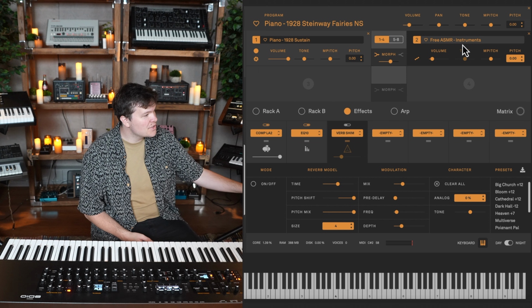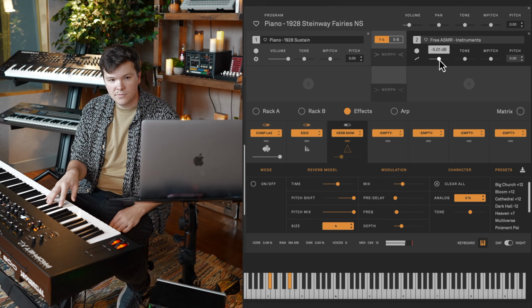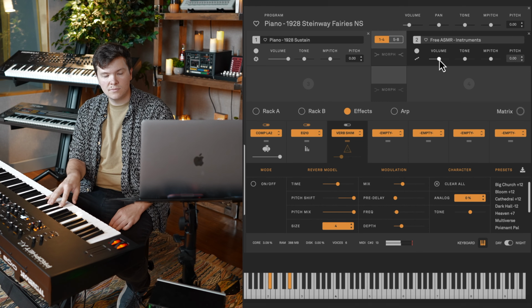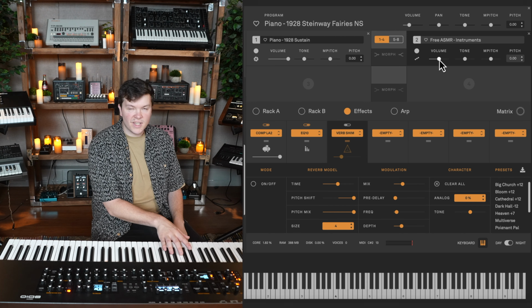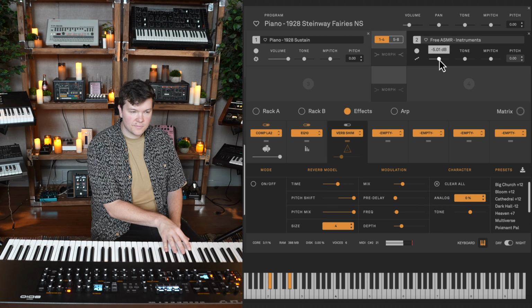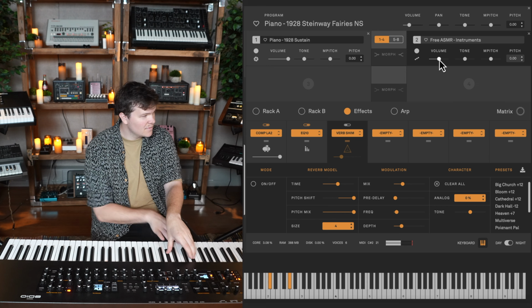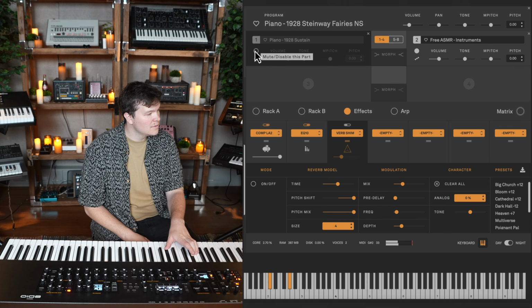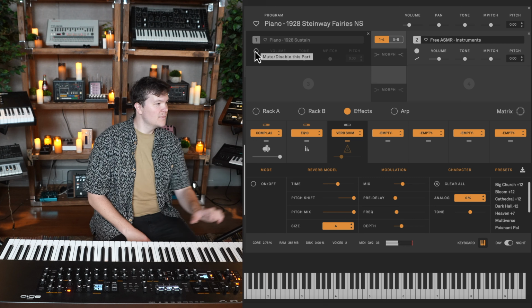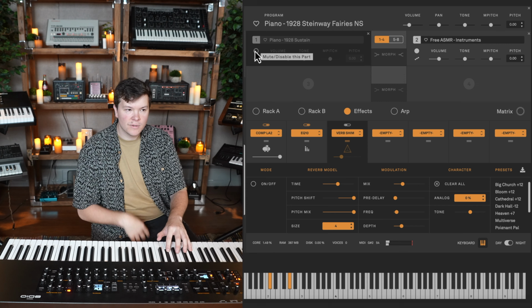For demonstration's sake, I'm going to turn Morph off so that you can hear what it sounds like when Morph is not active. It sounds like two separate effects happening at the same time because that's what it is. The piano sounds nice and steady. No modulation. And it's being accompanied by this Free ASMR sound. But when we activate Morph, those little boop, boop, boop, boop in the ASMR library